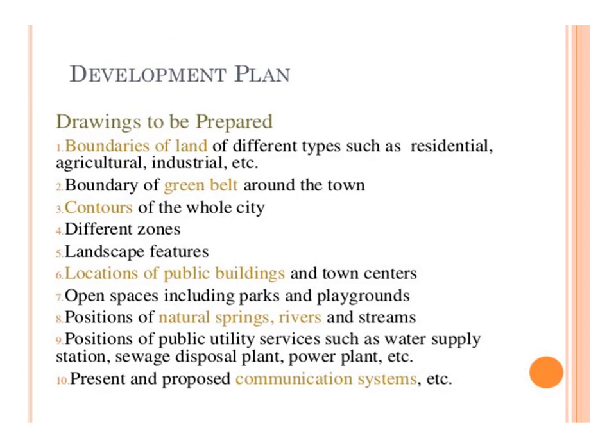So after getting the details of the data, the development plan is to be prepared and the drawing is to be prepared, which should include the boundaries of land of different types such as residential, agricultural, industrial, etc. Boundary of green belt around the town. Similarly, it should show contours of the whole city, different zones in the city, landscape features which are available, location of